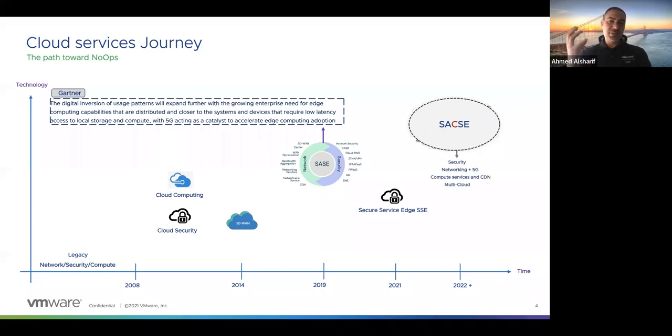So this model or framework that's going to happen in the future, when the compute joins the SD-WAN and security, then we'll have security, networking, 5G, cloud compute, content delivery network, and multi-cloud all in one integrated solution. We do have all of these services today, but we don't have them as an integrated solution. A lot of people still struggle with what integrated solution means. It means these devices or solutions are working together to provide the response.